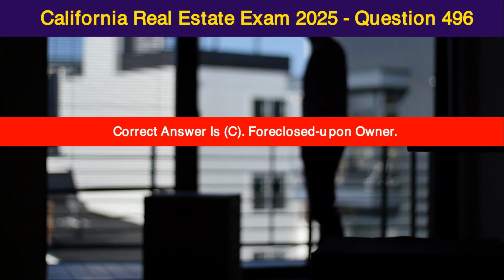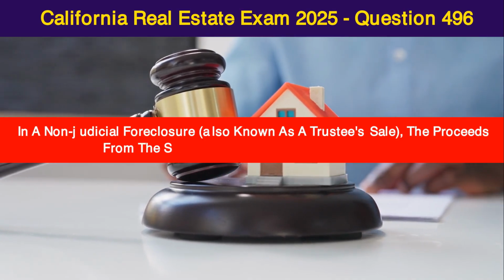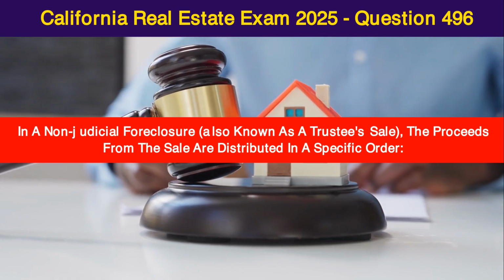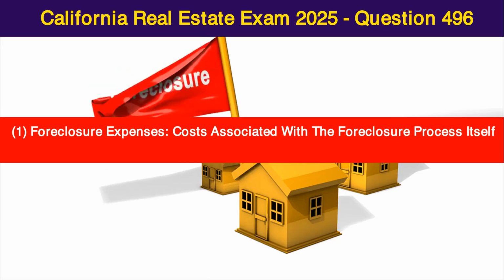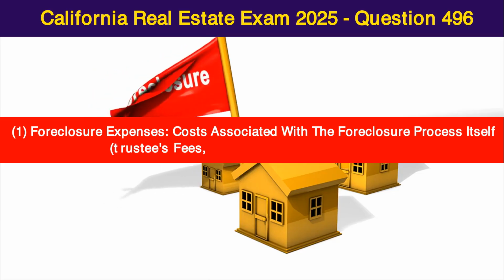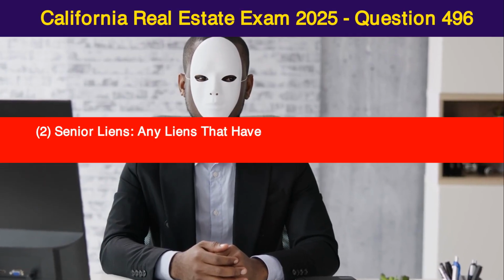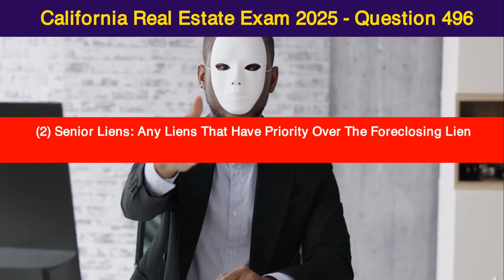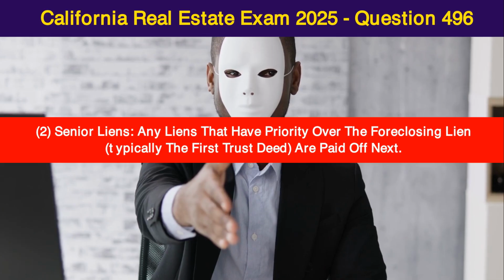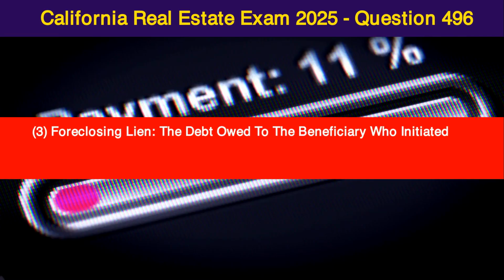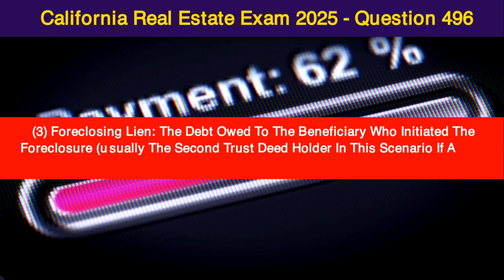Foreclosed upon owner. In a non-judicial foreclosure, also known as a trustee's sale, the proceeds from the sale are distributed in a specific order. 1. Foreclosure expenses. Costs associated with the foreclosure process itself, trustees' fees, advertising, etc., are paid first. 2. Senior liens. Any liens that have priority over the foreclosing lien, typically the first trust deed, are paid off next. 3. Foreclosing lien. The debt owed to the beneficiary who initiated the foreclosure, usually the second trust deed holder